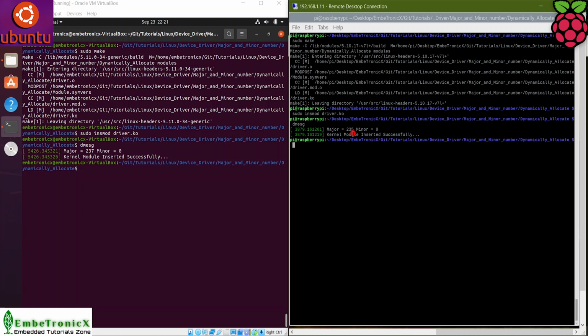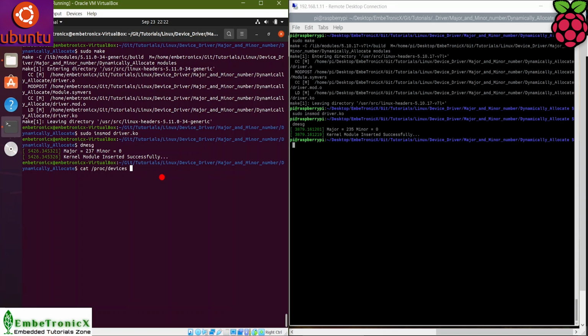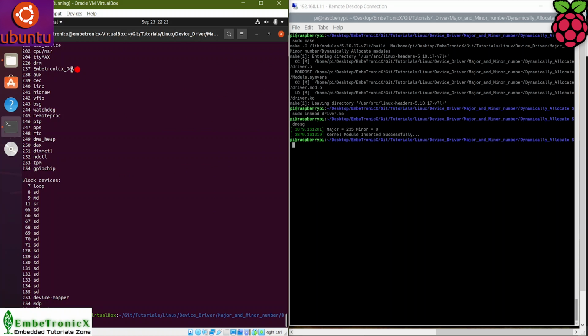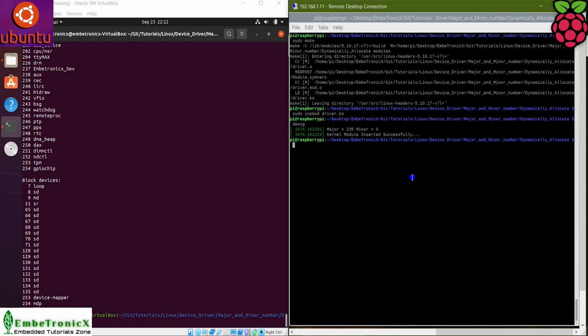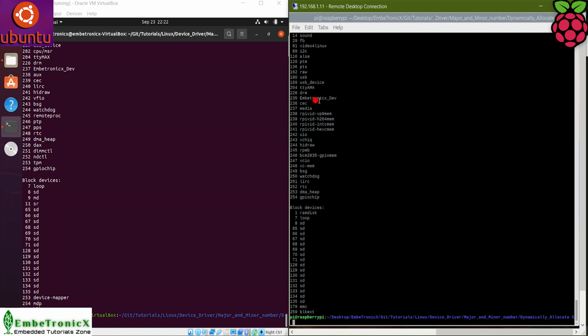Check it in Raspberry Pi. Raspberry Pi has given 235 to our module. Now, read the proc devices. In Ubuntu, 237 for Embetronics dev and 235 for Raspberry Pi. In Raspberry Pi, 237 is not available, that's why it has given 235.